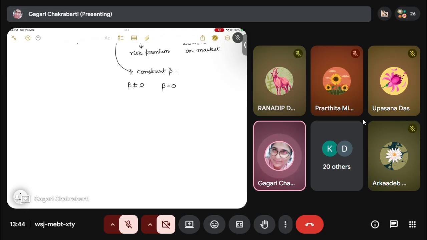You already know that. Then we check if beta is greater than 1, beta is equal to 1, or beta is less than 1. মানে বিটাটা হচ্ছে তোমার মার্কেট সেন্সিটিভিটি আর মার্কেট রিস্ক মেজার করার সবচেয়ে ইম্পর্টেন্ট একটা জিনিস।